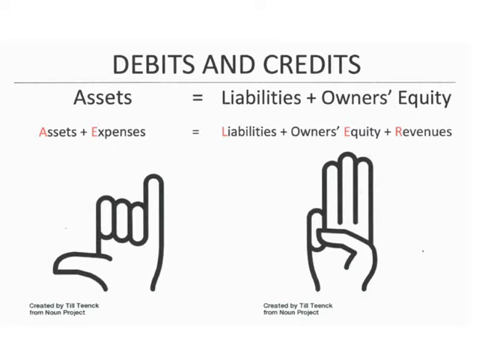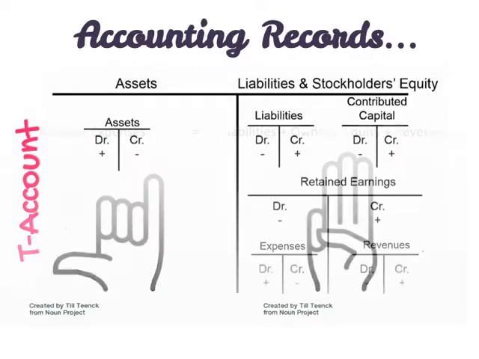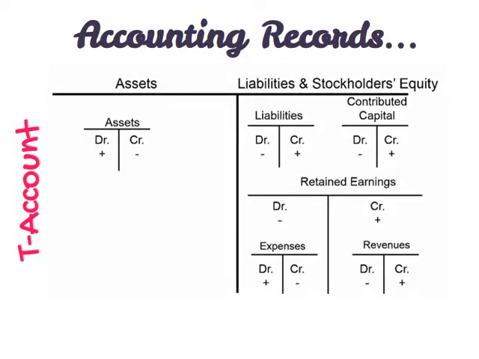This is one strategy to remember that. Using your left hand, if you raise the thumb and pinky finger, those represent the accounts that increase by debiting. This means these accounts also have normal debit balances. If you take your right hand, those 3 accounts, liabilities, owner's equity, and revenue, increase by crediting and have normal credit balances. If the hand gesture trick doesn't really work for you, you can look at a diagram like this, which